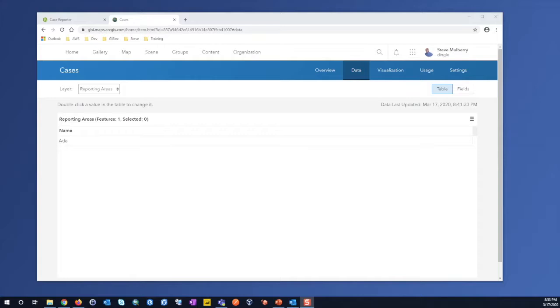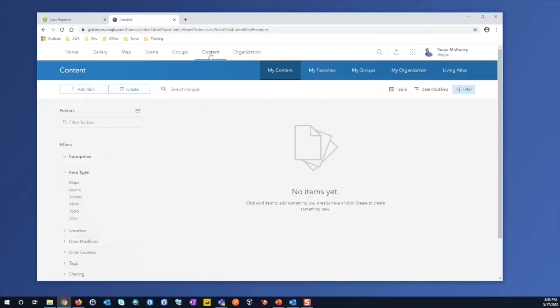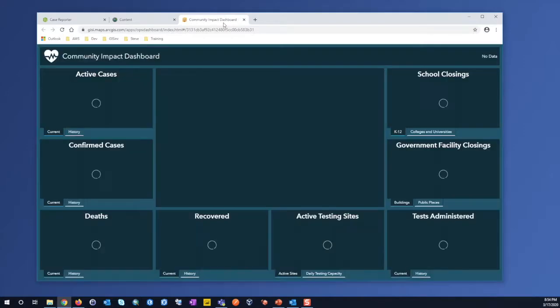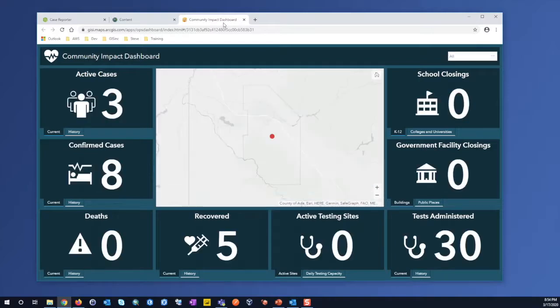Now that I've validated that my survey is populating the feature layers with information, let's go back to my contents folder, and let's open up the dashboard, that community impact dashboard, and I should start to see that information within that dashboard. So I'm going to open up and view that dashboard in a new tab in my browser. And as this loads, we should start to see that information coming in from the feature layer, again, that we populated from the survey. And sure enough, we see the 3 active cases, the confirmed cases, deaths, recovered, and then